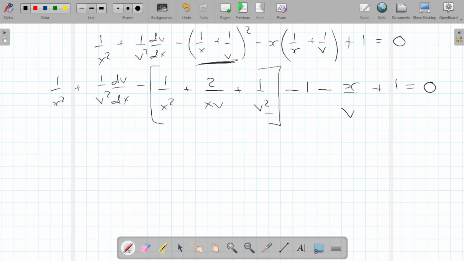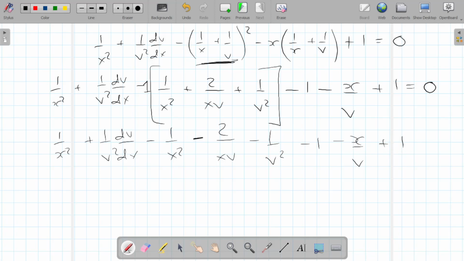Getting rid of this bracket by multiplying by the minus 1, we've got 1 over x squared plus 1 over v squared dv by dx, minus 1 over x squared minus 2 over xv minus 1 over v squared minus 1 minus x over v